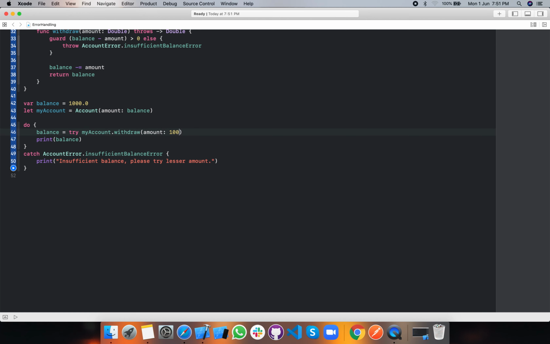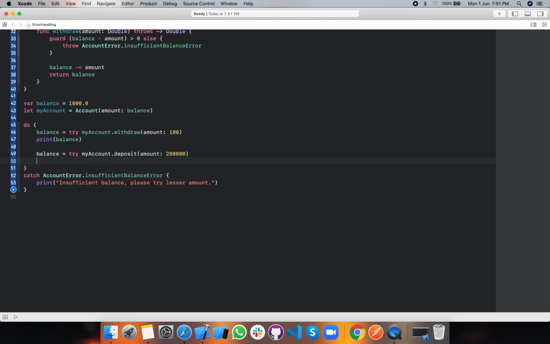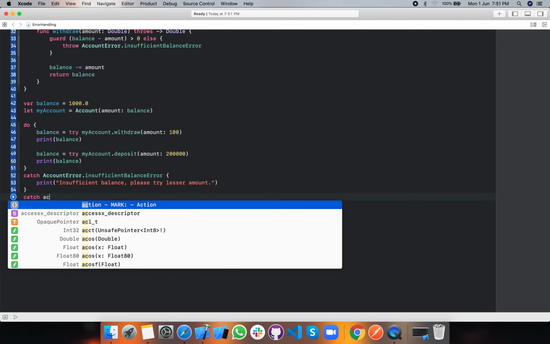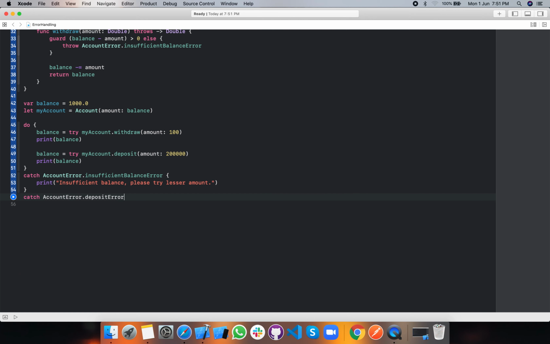So I'm writing this 100 over here. Let's say balance equal to try myAccount.deposit, let's say 2 lakh, and print the balance. Here we have not handled the other type of error, so we can do that by adding another catch statement here, AccountError.depositError.